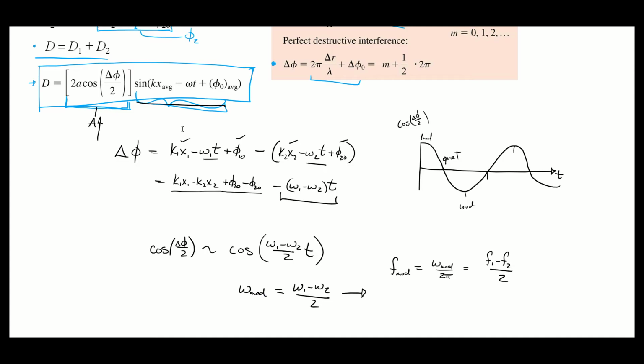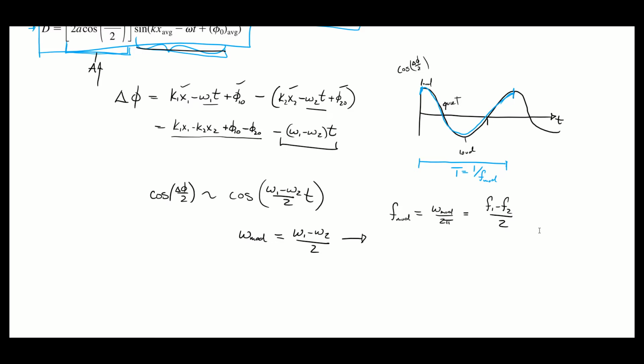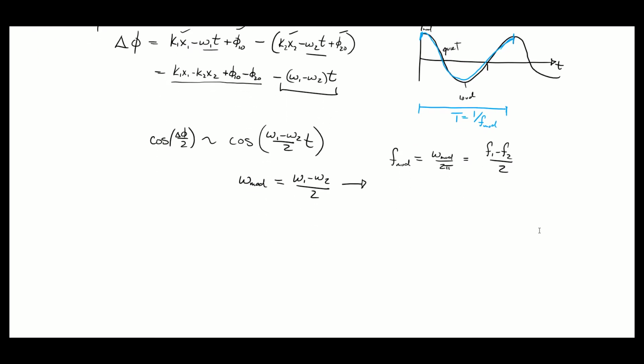And what that essentially means is the period of this amplitude modulation, going from here to here, is 1 over that modulation frequency. So that describes the interference pattern, but if we want to describe what we would actually hear, you end up with this loud, then quiet, then loud, then quiet, then loud. We have the frequency of what we call the beat.